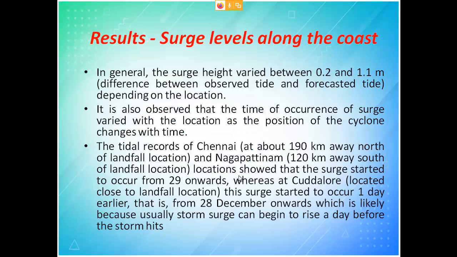Now the result, surge level along the coast. In general, surge height varied between 0.2 to 1.1 meters. It is observed that the time of occurrence of surge varied with the location, as the position of the cyclone changes with respect to time. So where the cyclone is moving, there you will have more. Okay, the tidal record of Chennai, Nagapattinam, and the location showed the surge started to occur from 29th onwards, whereas Kadalur had the surge started one day earlier, that is on 28th December onwards, which is likely because